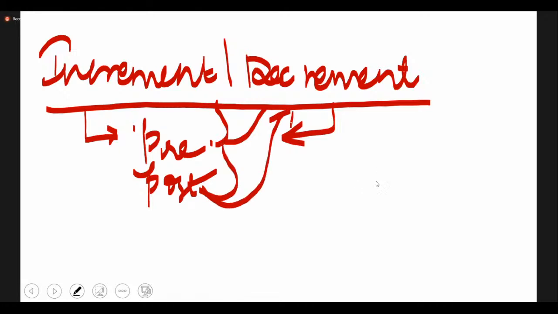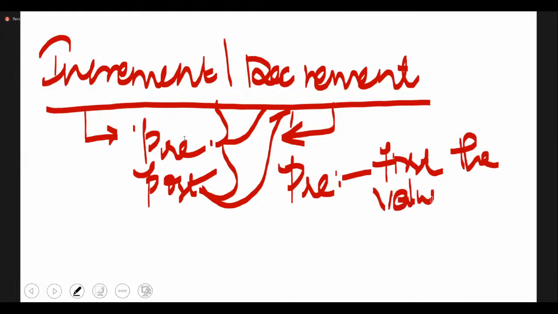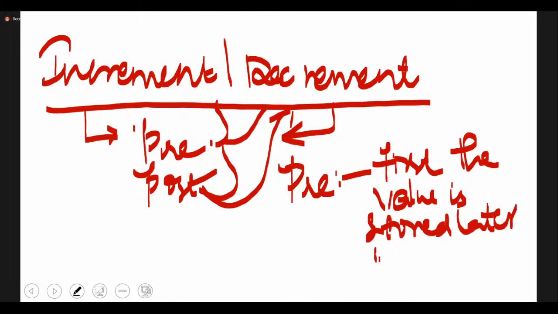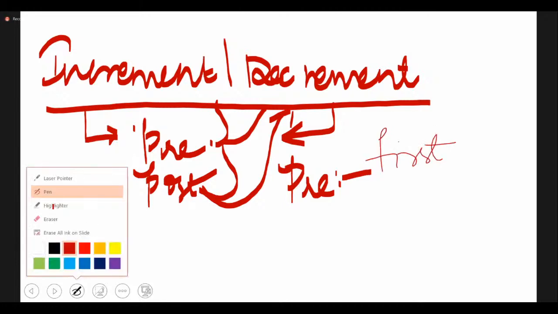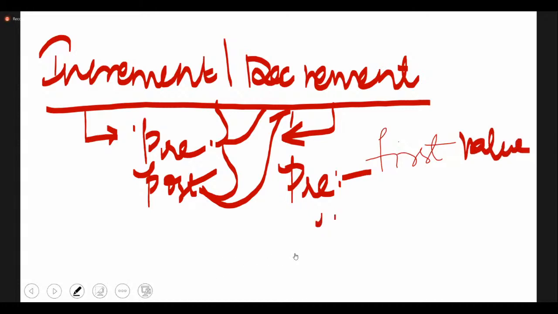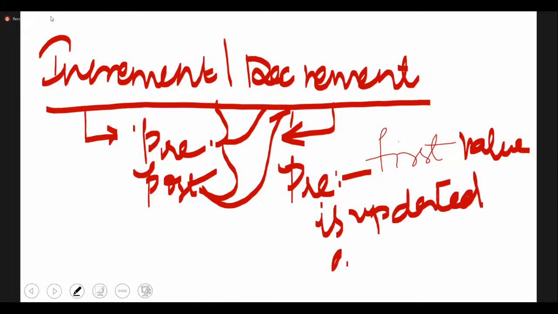Whenever you are writing the definition for pre-increment or decrement, the first thing is, in pre-increment or decrement, first the value is updated. When we say updated, it is either increased or decreased, and then it is stored.